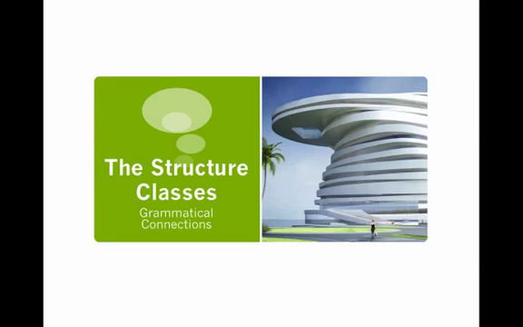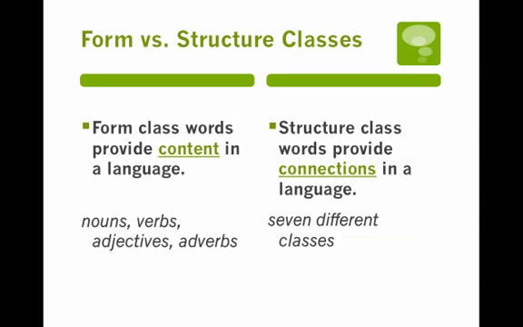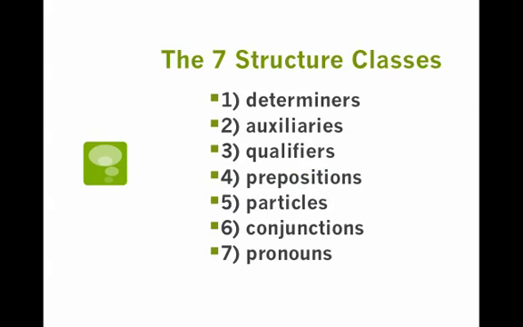We're talking about structure classes. These are things that provide connections between the form classes. The form classes are all about content: nouns, verbs, adjectives, adverbs. We have 7 different classes of structure words. You use these when you're speaking, when you're thinking, when you're writing every day. As with a lot of stuff we're talking about, you might not have known the fancy grammatical term. Here are the 7 structure classes. We're going to go through all 7,